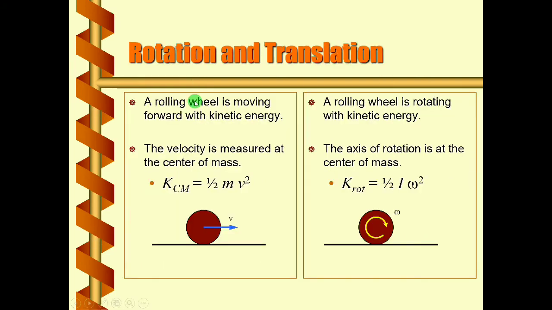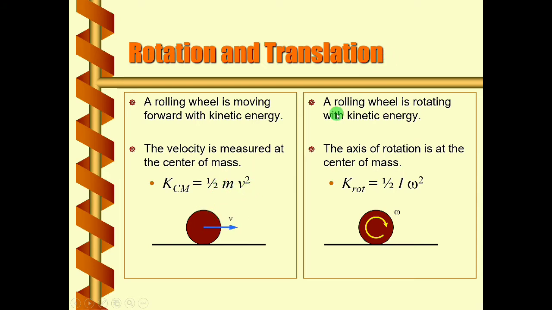First, suppose we consider a wheel which is rolling on an inclined plane, or first of all, a wheel which is rolling on a horizontal plane. In that case, rolling motion is the combination of translational, or linear motion, and rotational motion. We already know kinetic energy in translational or linear motion is half mv square, where m is the mass of the wheel and v is the linear velocity of the wheel.